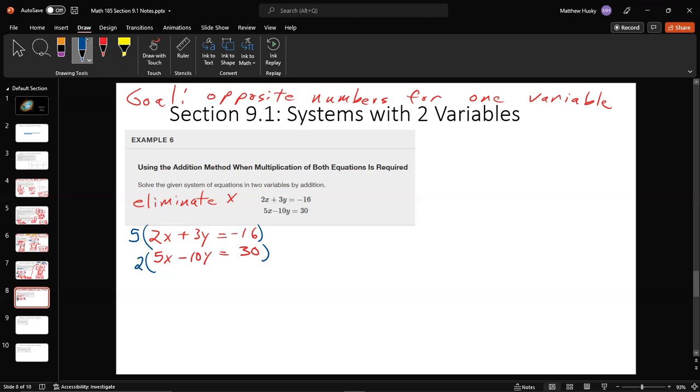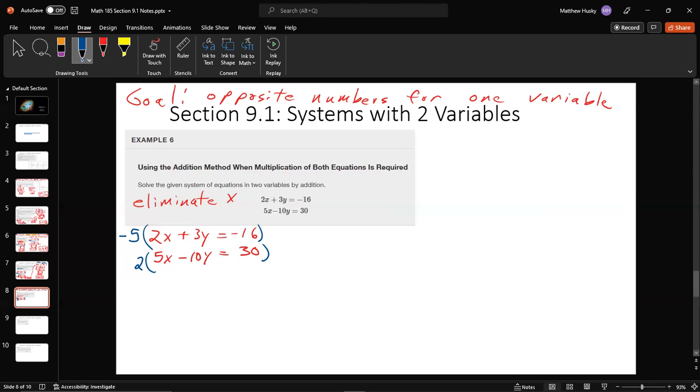Somebody somewhere has got to have a negative sign. I'm just going to arbitrarily pick. I'm going to do it on the top. Boom, there it is. Could I have chosen the bottom? Yes. What you don't want to do is do both, because that's not going to help. But anyway, what we're going to do,